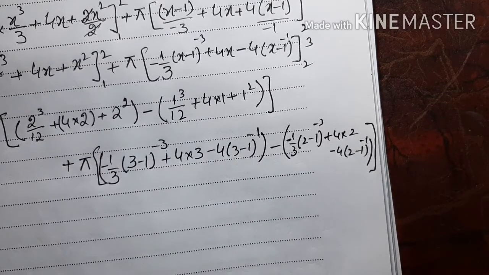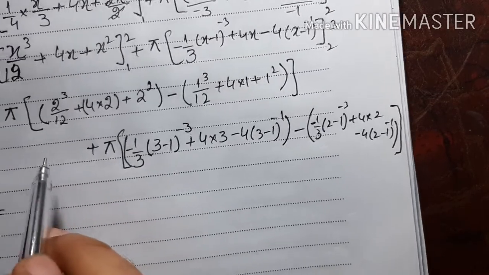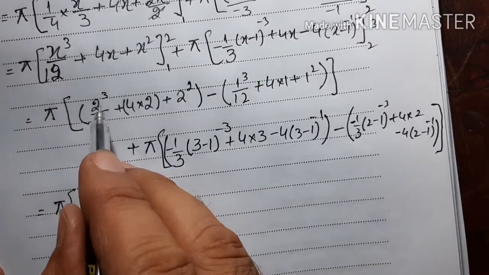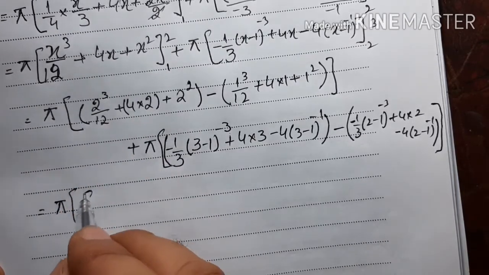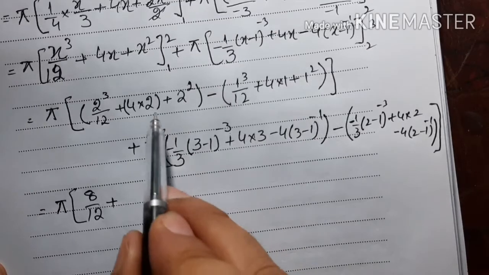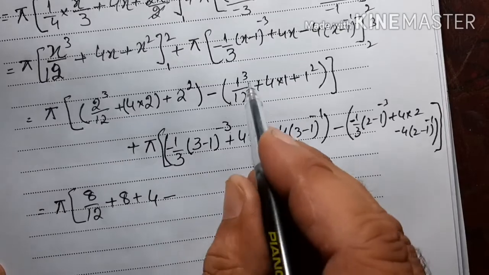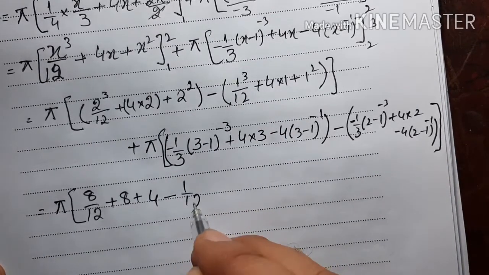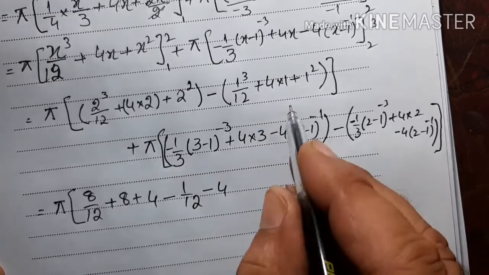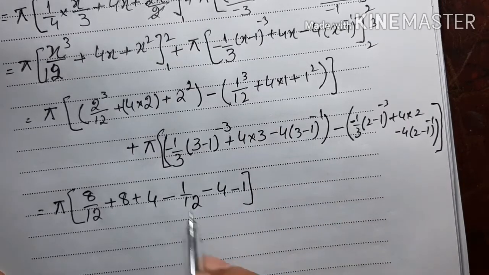Okay. Now this will be pi, 2 cube 8 over 12, plus 8, plus 4, minus 1 cube is 1 over 12. This will become minus, because outside is minus, 4 minus 1, plus